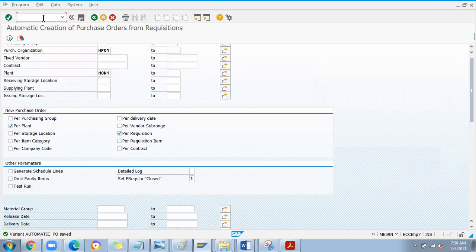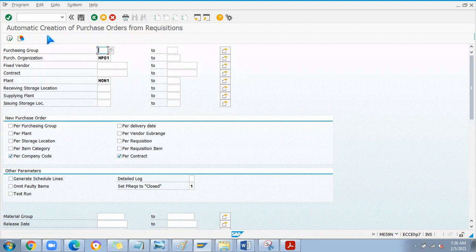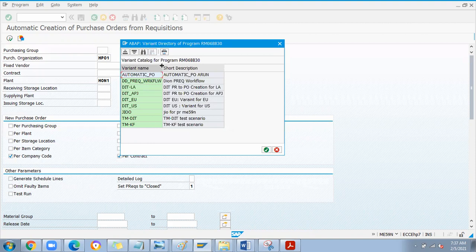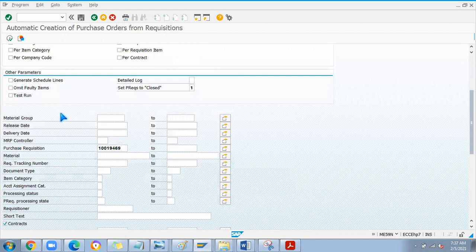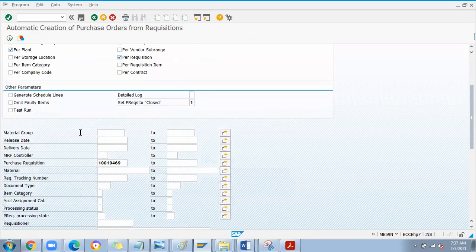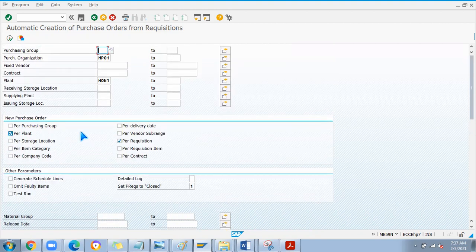Every time it is not required to come and do any changes. Okay, if you come to the ME59N screen, just I selected some variant, right? Now I select this variant details. Here if I click on this variant option icon, that variant will be showing. See here, Automatic PO. When I click on this, the data will get fetched. Even if you enter 10 fields and save the variant, that will be available. So whenever you use it for a batch job and all, then you can use this variant to run the batch job. Then the system will automatically convert PR to PO through the batch job.